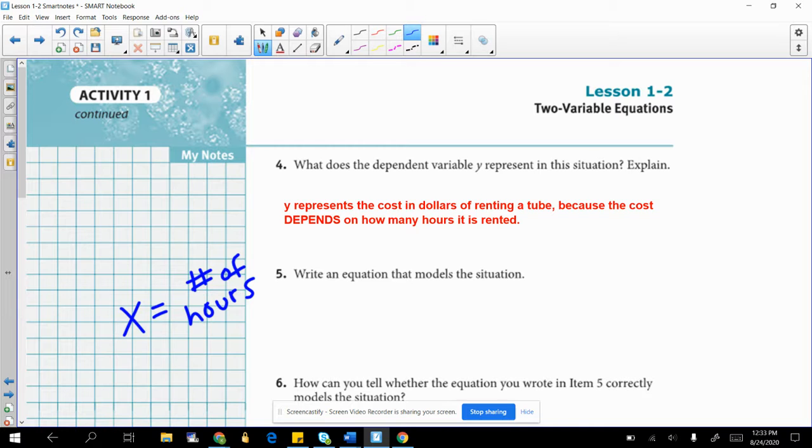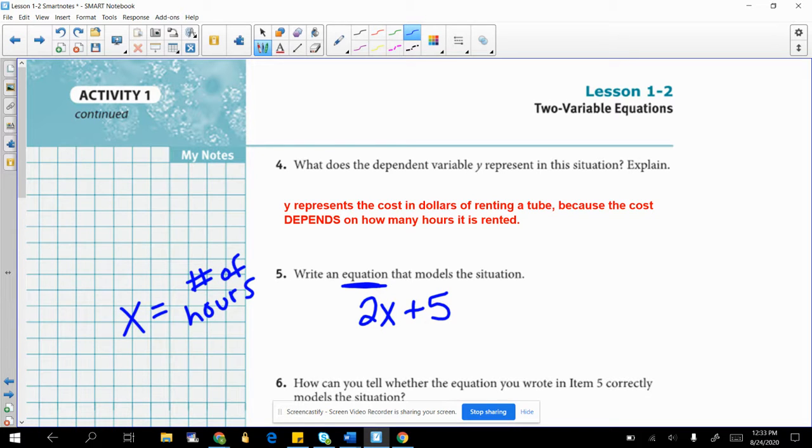So we also know that it costs $2 per hour. So I'm going to write that as 2x, $2 per hour. But we also know that we have that flat rate or flat fee of $5, and that's just for the tube. Okay, but now in this case, it's asking for an equation, and we don't have an equation yet because